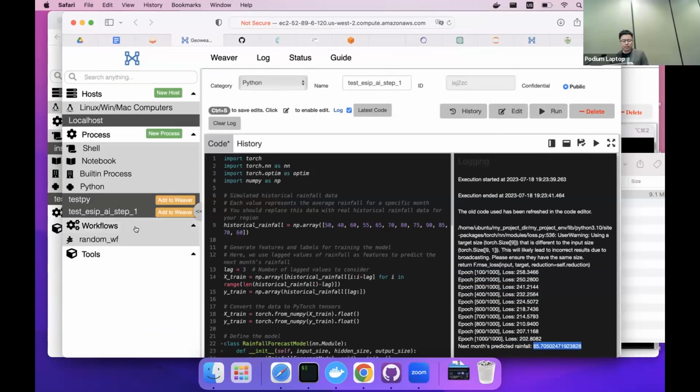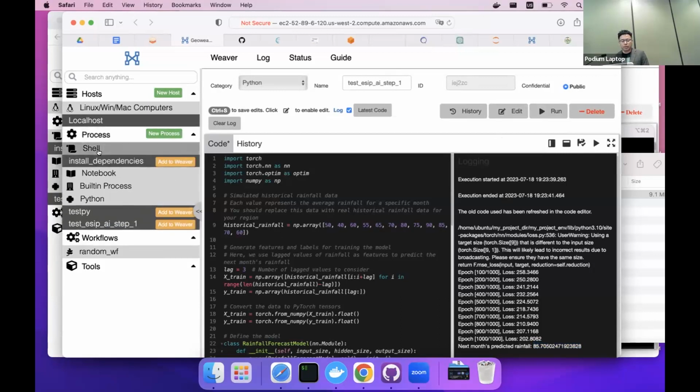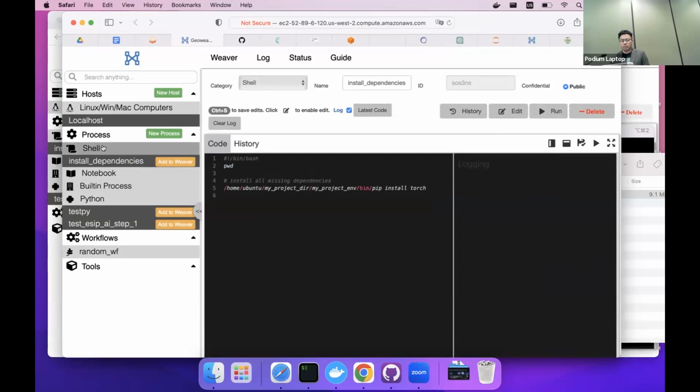So the next step is you can link a lot of steps like this into a workflow. That is what we're talking about, the pipeline. Obviously this needs some PyTorch installation, but we cannot install that in the Python. So we install it in the shell script. This shell script is using the virtual environment to install PyTorch, probably Scikit-learn as well. Let's just install it together and see if it works. It's the same. It just chose the localhost and installs all the packages you need.